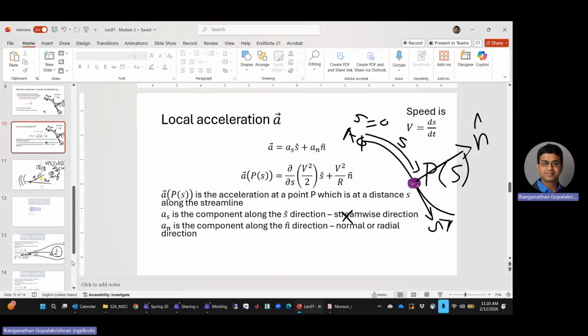So we are going to continue talking about the acceleration and then do a force balance for deriving the famous Bernoulli equation. And today, after we do the Bernoulli equation, we are going to do an example. I want you to do that on a sheet of paper, put your name and hand it back to me as a participation exercise. Just an easy way for you to earn 1% credit just by participating. If you want, you can take a picture of your work so that you can use it for study.